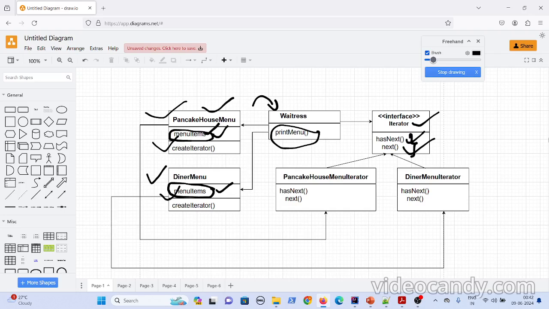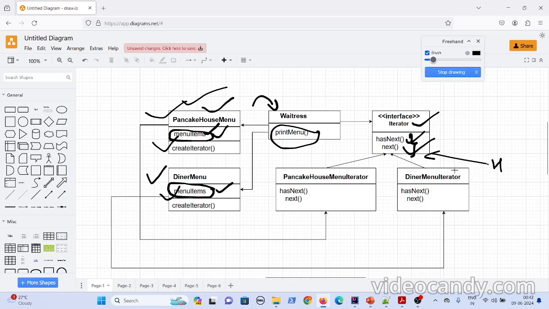In that case you need two iterators, because one iterator is only for one logic. If you go for a tree, you have four logics for depth first search: pre-order, in-order, and post-order, plus breadth first. So for the same menu, you have to implement four iterators.